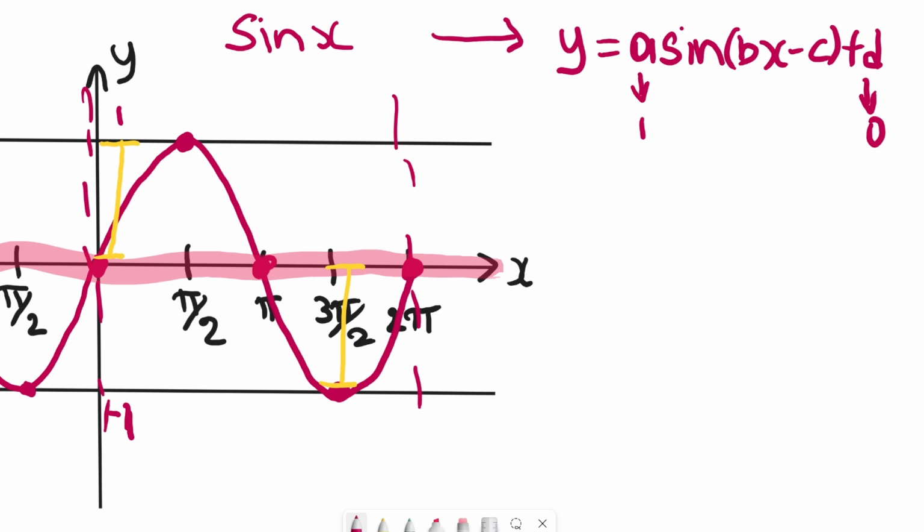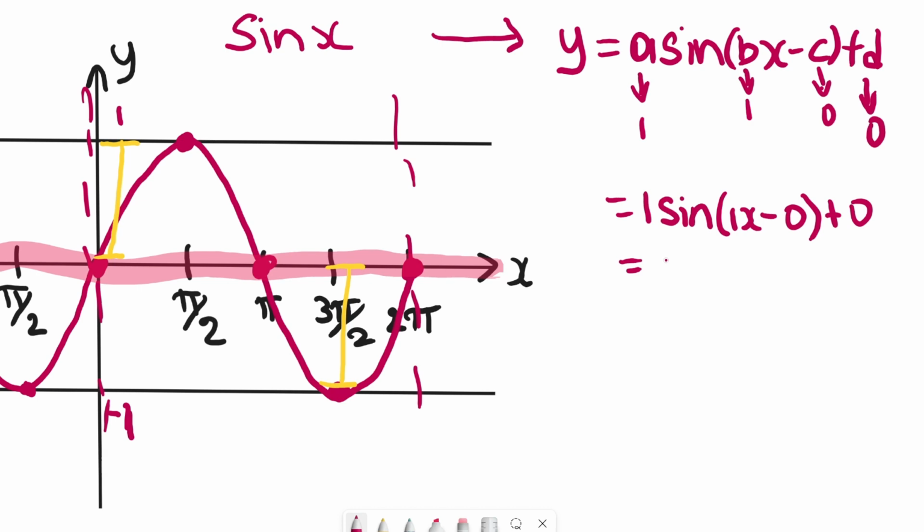Because it's 1, like we said. Okay, and b is also 1, and c is 0. And so when you put all of this together, if you do 1 times sine of 1x minus 0 plus 0, you will come back to your sine of x. Just wanted to show